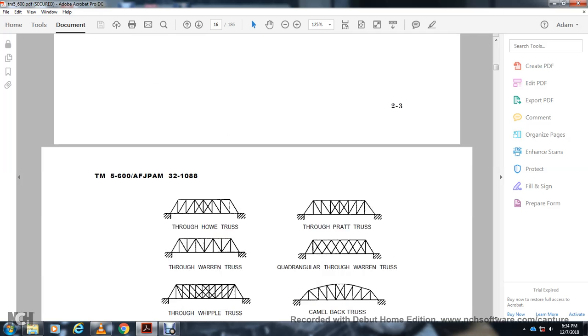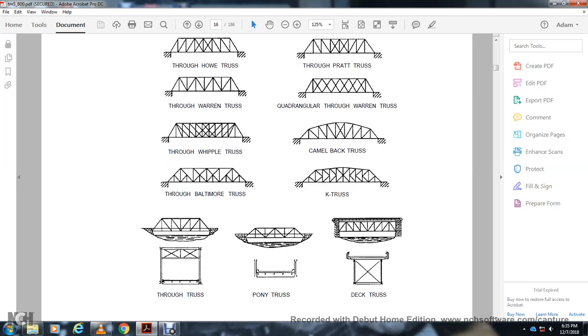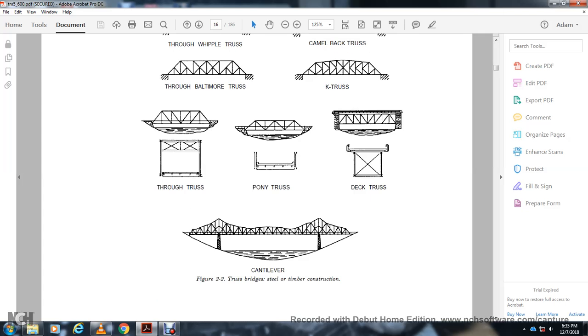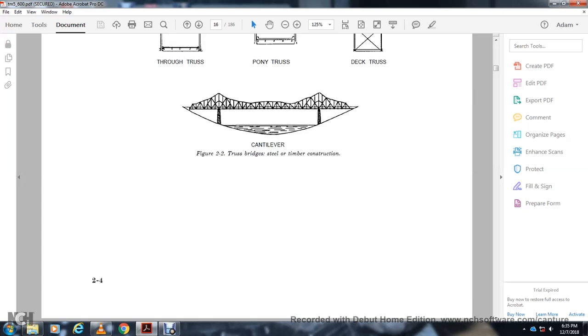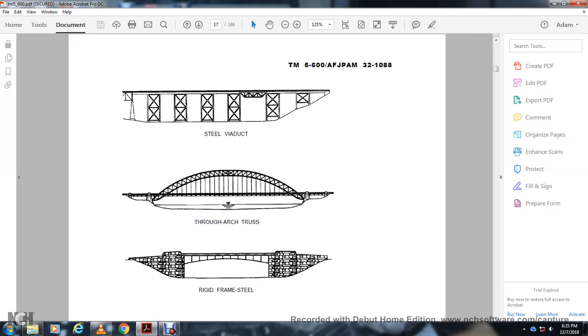Alright, this is the through Howe truss, through Pratt truss, which has a double X in the middle, moving to the outside, through Warren truss, quadrilateral through Warren truss. That's X's through Whipple truss, trestle and camelback truss, through Baltimore truss and K truss. And then you have your through truss and pony truss and deck truss, cantilever truss bridges and steel timber construction, and this would be the through arch truss, rigid frame steel,